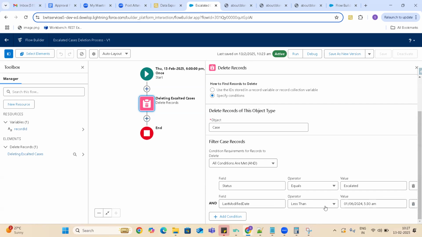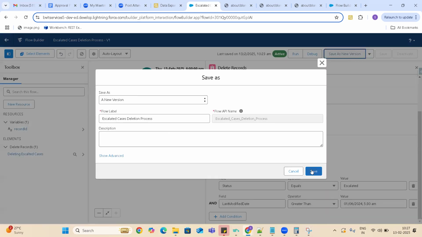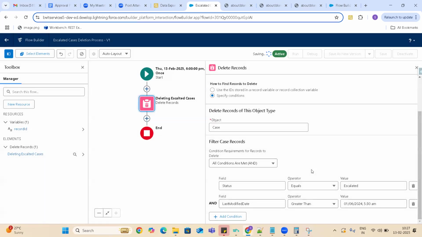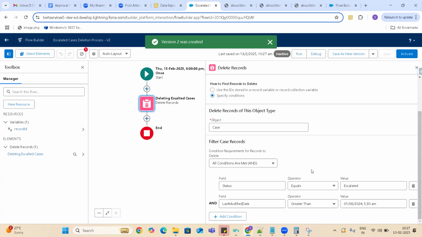So I can give greater than so that it will satisfy. Save as new version. So tomorrow, if we see it, we don't see any escalation cases.